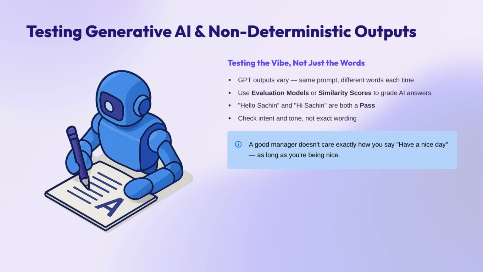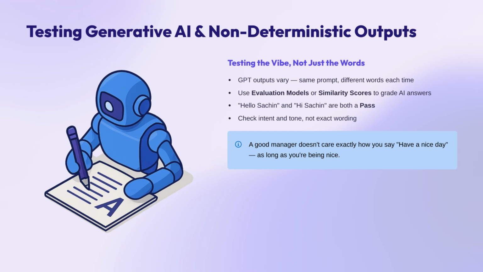Imagine a dummy example. You ask the AI to be warm and friendly. Your test checks, is this email polite? Does it mention the customer's name? If the AI says hello Sachin one day and hi Sachin the next, both are passes because the vibe is